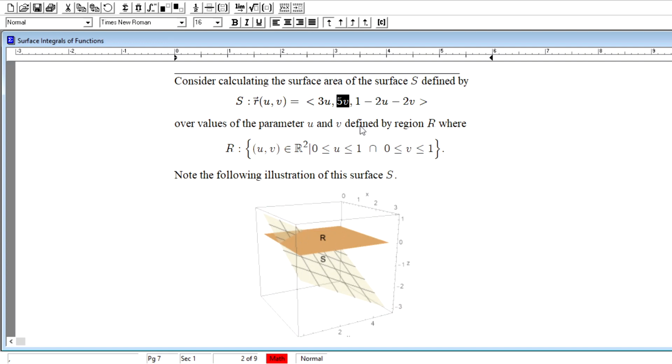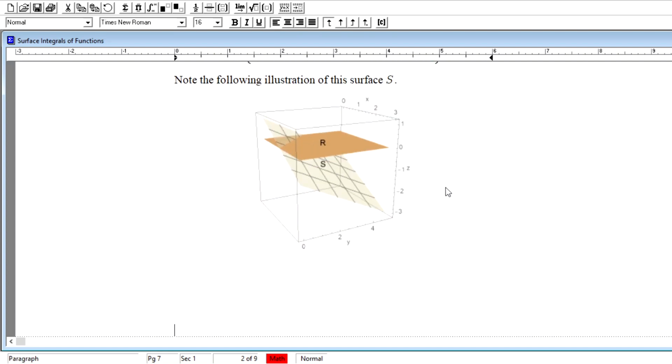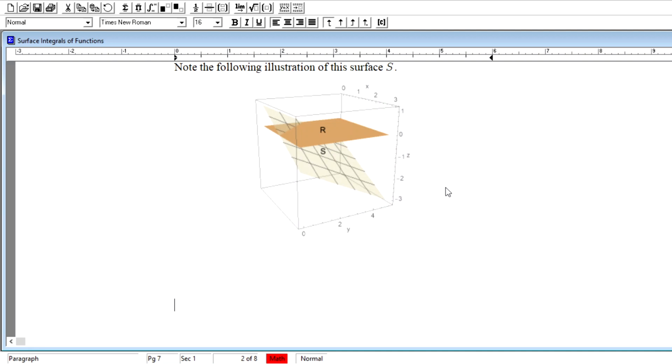As for z, it's going to be determined by 1 minus 2u minus 2v, which gives us the height of the surface S in this three-dimensional space, which gives us this measurement for z measured along these axes. If I'm at u of 1 and I'm at v of 1, I will be at a height of z equals 1 minus 2 minus 2, or a height of negative 3. That would put me at this height, at this very corner of the parametric surface. And if I wanted to calculate the area of that surface,